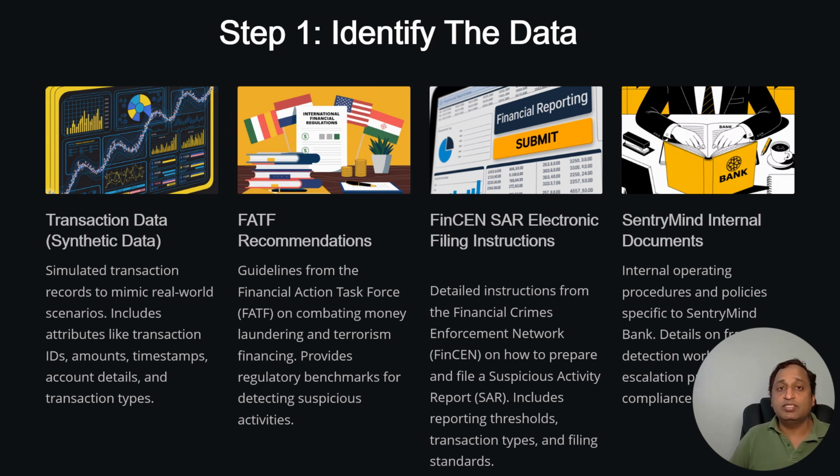Next, we have some documents like the FATF recommendations document. This document contains guidelines from the Financial Action Task Force on combating money laundering and terrorism financing. These recommendations are a global standard for identifying suspicious activities and ensuring financial compliance. Then we have the SAR electronic filing instructions. This document from the Financial Crimes Enforcement Network provides detailed instructions on how to prepare and file a suspicious activity report. It covers reporting thresholds, transaction types, and filing standards, key details that the agent will use to determine if the